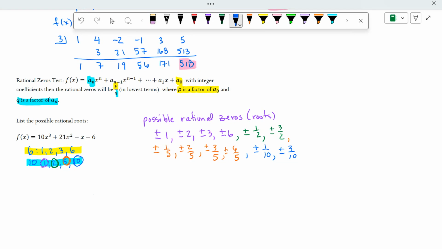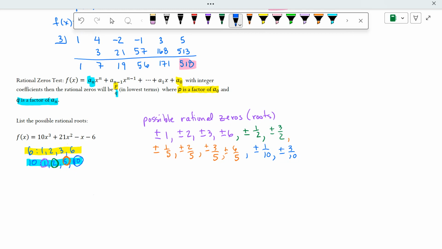So I have all of my possible rational zeros, and there are 24 possible rational zeros of this polynomial. Now, it's possible that the polynomial might have irrational zeros, like square root of 2, right? Square root of 3. So we'll learn how to find those later also. But if it has a rational zero, it will be one of these 24,